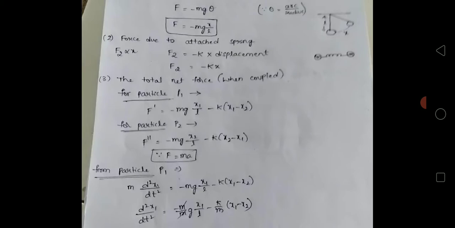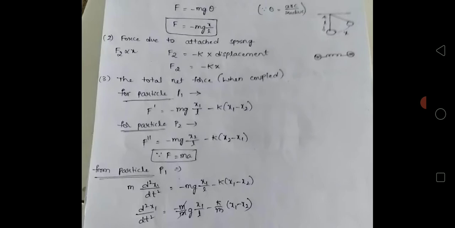Okay, this is the formula. If we take a pendulum here, the arc is x, and the length is the radius. So arc here is denoted as x, that is displacement, and radius is the length L. So in place of theta we can write x by L. So next line, F is equal to minus mg into x by L. We are substituting x by L in place of theta, okay. F is equal to minus mg into x by L.